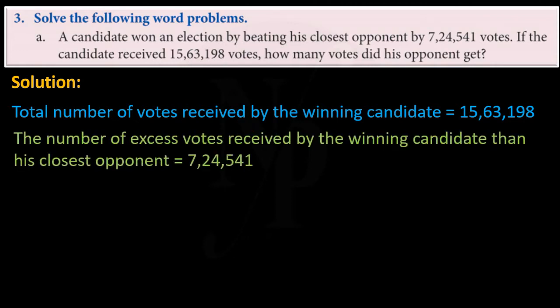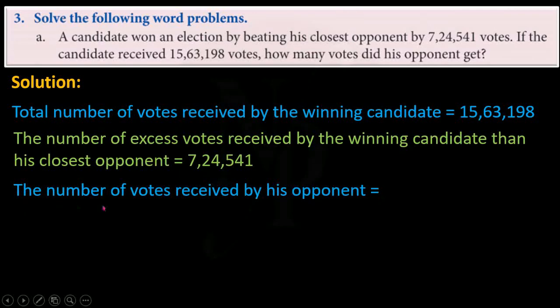And the number of excess votes received by the winning candidate than his closest opponent is equal to 7,24,541, which is also given in the question here. So to find the number of votes received by the closest opponent of the winning candidate, what we should do is